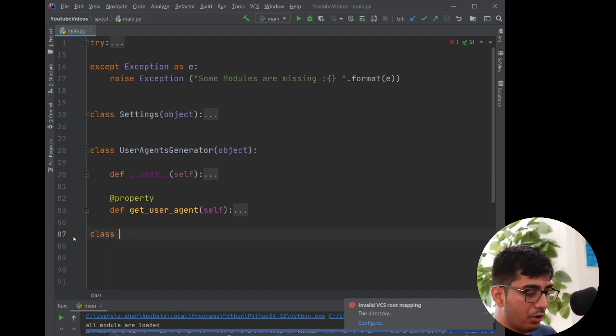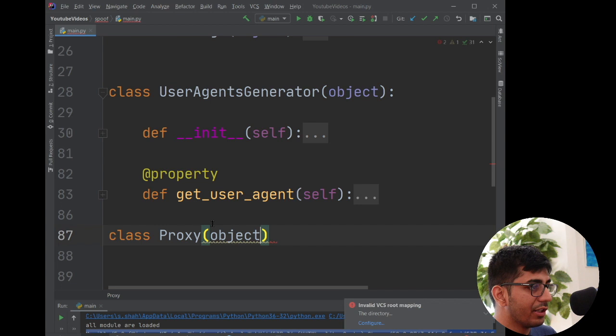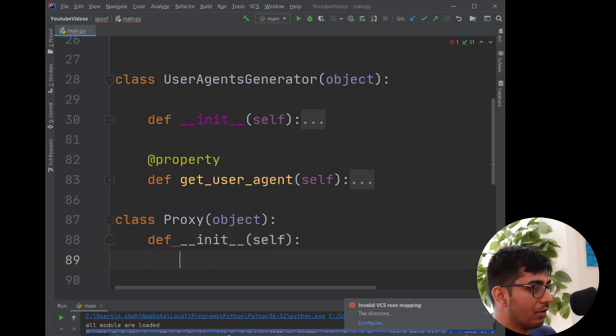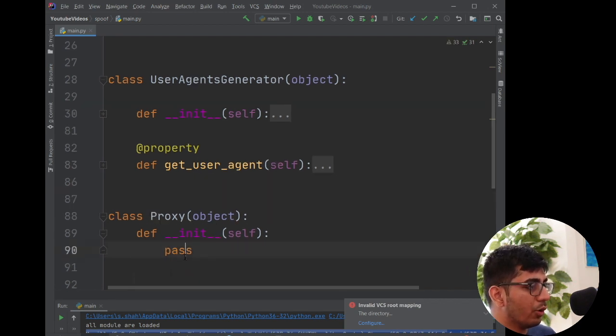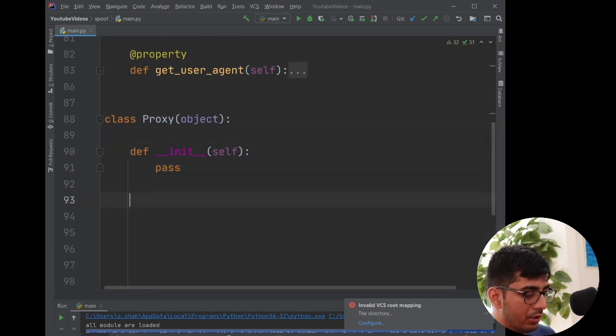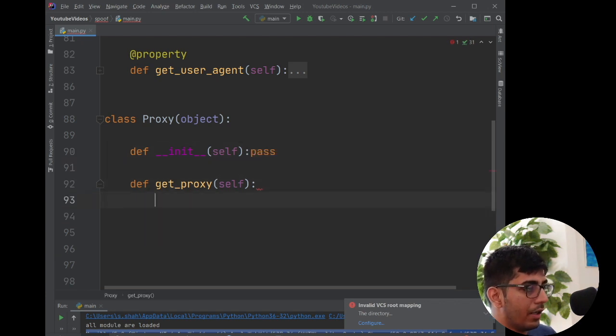Let's define the proxy module, proxy. Okay, so this is where you will get the proxy from SSL proxy, or any vendor. Usually I would say SSL proxies are pretty great. I have tried them myself, but feel free to use anything other than that. So I have taken a proxy from SSL, and this would go over here. The way I'm thinking is I would define get proxy. This would be a class. Actually, I don't need a constructor, so I would just say pass. And here, let's define the proxy